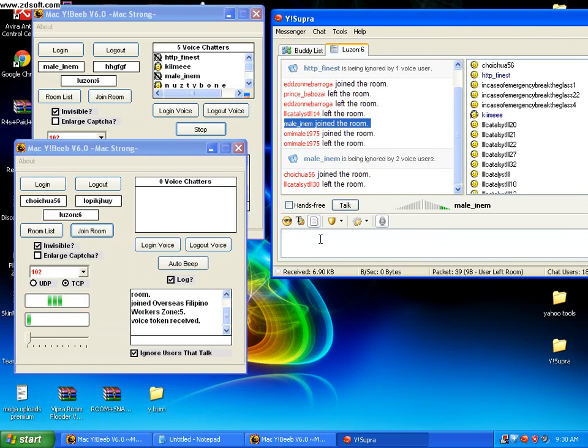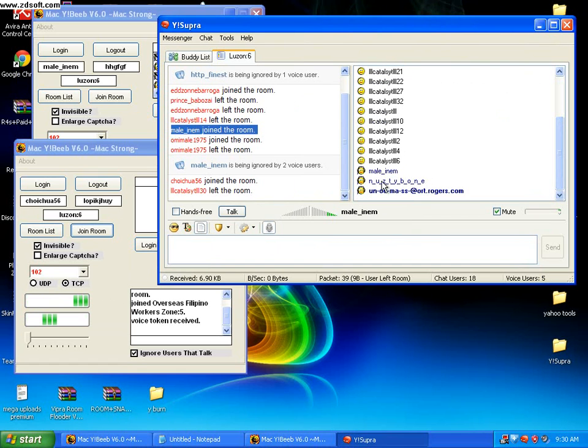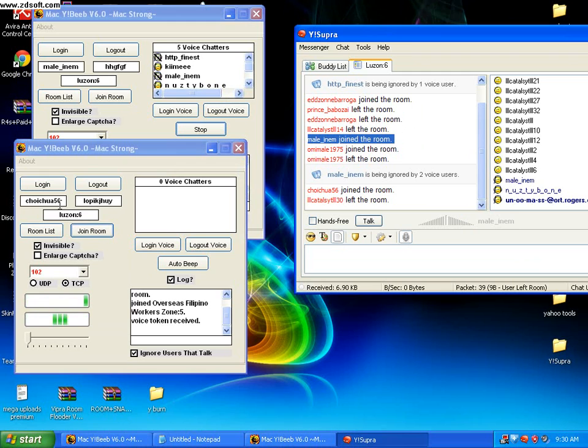Because if you click in login voice, it will get error. So wait for 2 to 3 minutes after you join in the room. As you can see, I just joined in Melinem. You must wait for 2 to 3 minutes for the other ID to log in your voice.